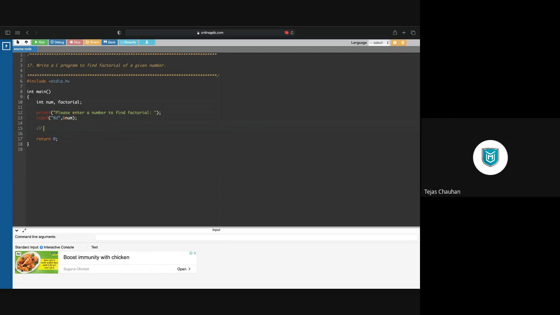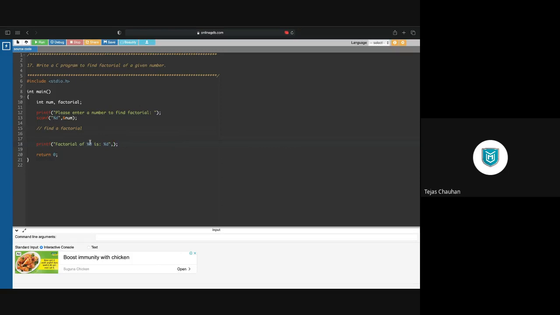Now somehow let's say we find a factorial. So once we have the factorial, we can print that answer. So printf "factorial of %d is %d".